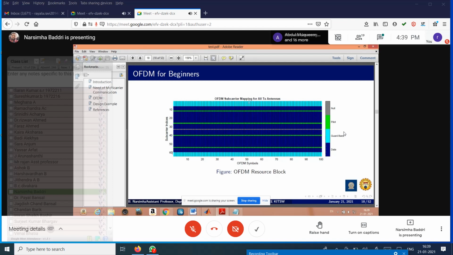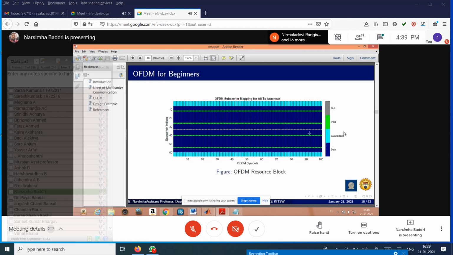And if you see these blocks, nearly in the beginning it may be 5, or at the end it may be 6, as you wish you can give. So the first 5 and last 5 or 6 are the unused subcarriers or guard bands. We are not using them for data transmission. So this is how an OFDM resource block, or an OFDM frame, looks like. And if you see this null carrier at the DC carrier, we will not transmit any data.